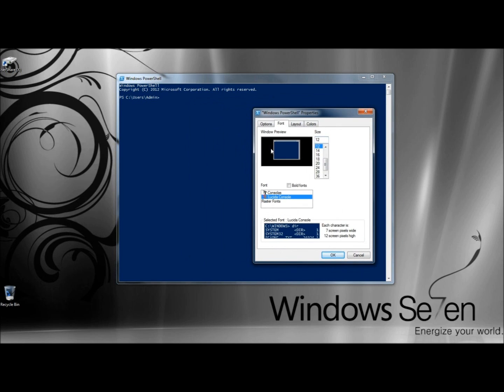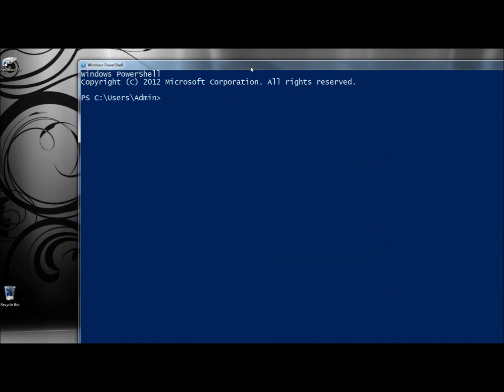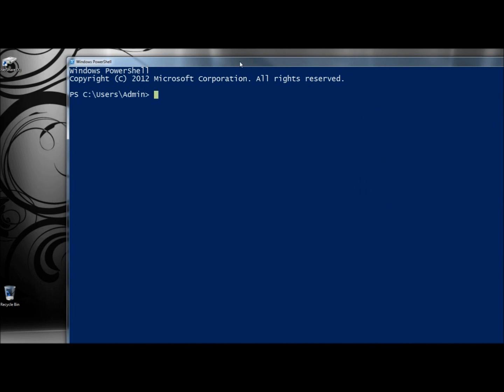Up top here, this is the preview window, and to the right it says Size. This is where you adjust the size of your font. Here's where you're going to really notice a difference. I'm going to go to 24, and down below you can see there's a preview. Now my font's at least at a readable size. And I'm going to go back to Properties,